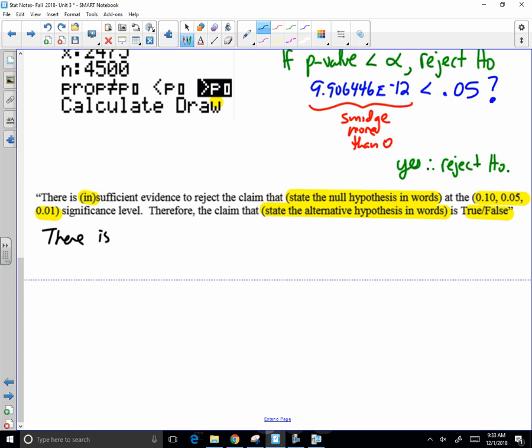Well, we're talking about rejecting the null. So I'm asking, is there enough evidence to reject the null? Well, yes, I'm rejecting the null, so yes, there is. There is sufficient evidence to reject the claim